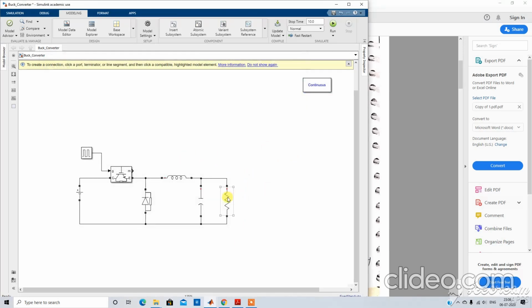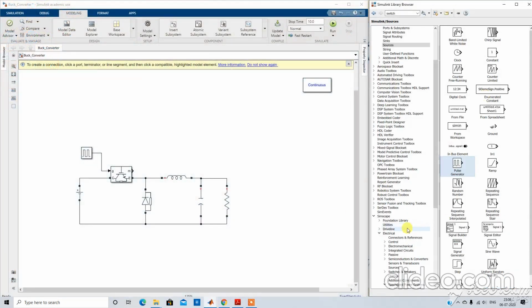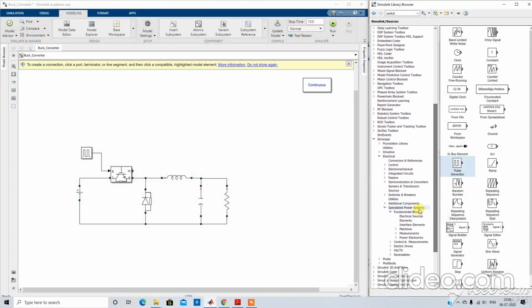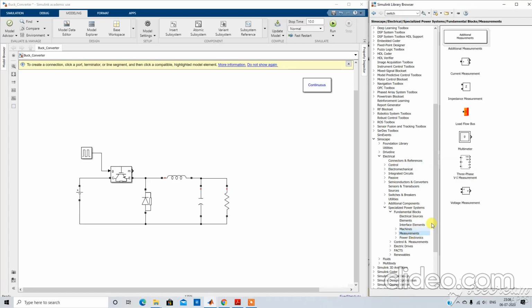Now to measure the voltage across the resistor, we will keep one voltmeter. For that we will go to Simscape, specialized power system, fundamental blocks and measurements.